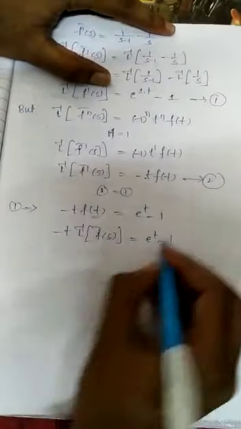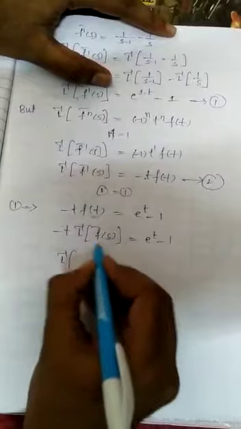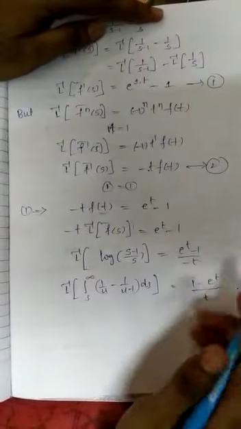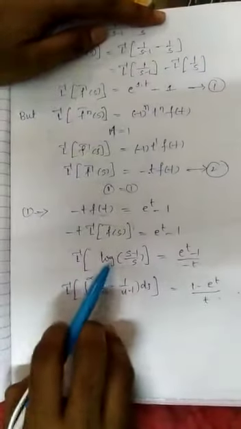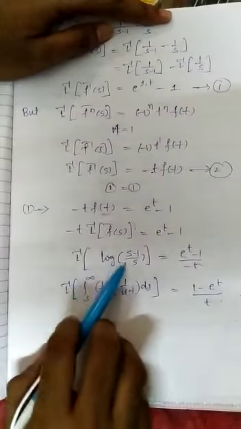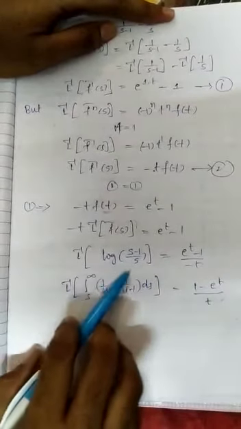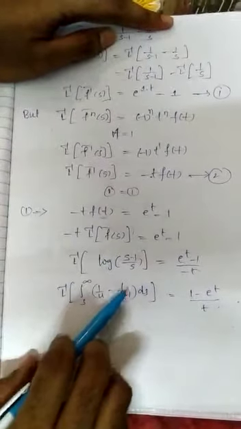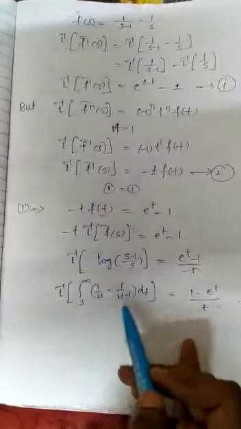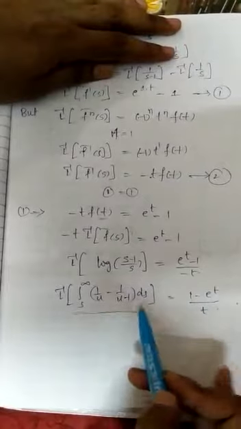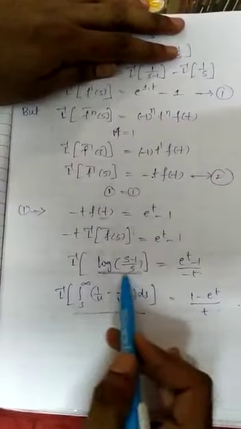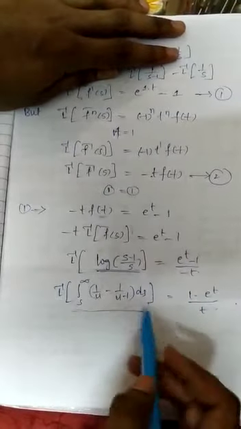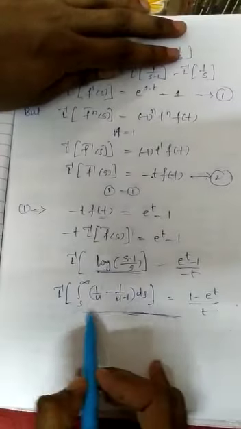Then take minus t to the RHS. Laplace inverse of f bar of s. What is f bar of s? Okay, so f bar of s is what? Log of (s minus 1) by s. Again, log of (s minus 1) by s is nothing but our given quotient, integral s to infinity of 1 by u minus 1 by u minus 1, du. Because we got this value, if we integrate this value, we are getting this one, right? So we can write this value as integral s to infinity of 1 by u minus 1 by u minus 1, du. Okay, so this is the inverse Laplace transformation of this function.